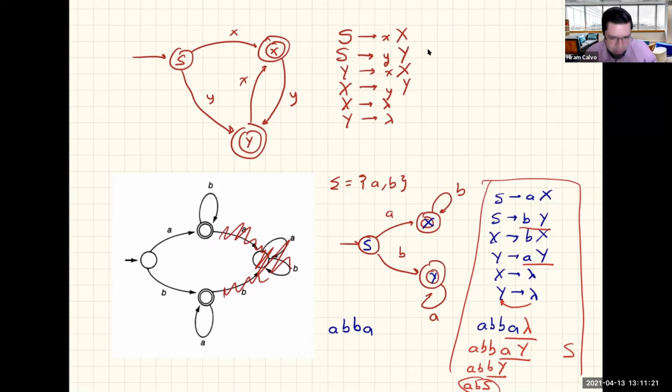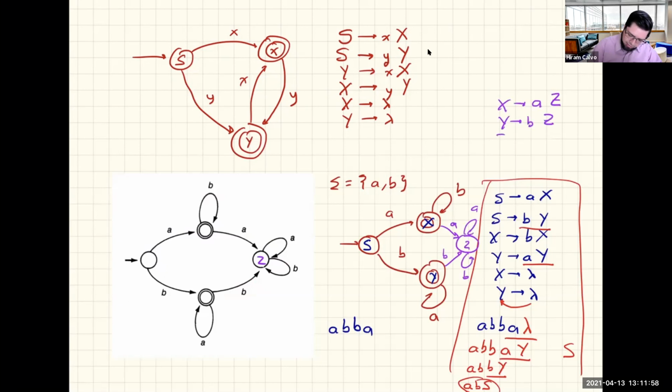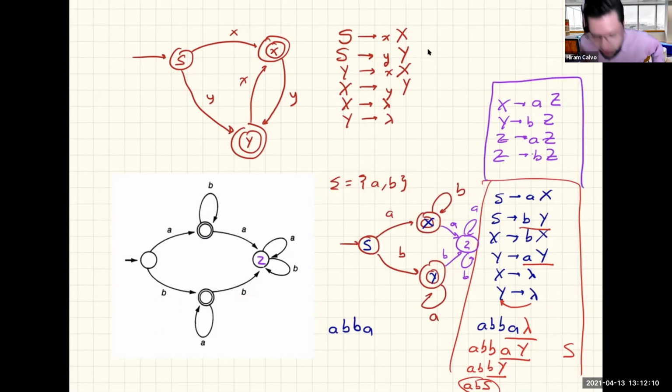So if you don't remove the pit in your exercises and obtain the whole grammar, adding the arcs for this one, so if you added, for example, Z, and then also you have this, and then you need to add from X with A, go to C, from Y with B, go to C, and from Z and A, go to Z, and from Z and B, go to Z. So you can see that if you add these rules, the grammar does not change. So maybe you can think of these rules as redundant. However,